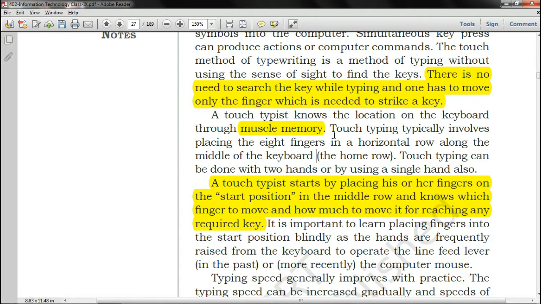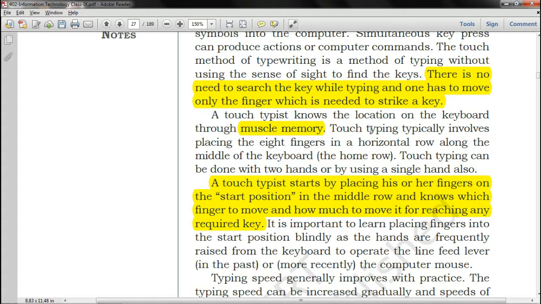And touch typing typically involves placing the 8 fingers in a horizontal row along the middle of the keyboard, the home row. The home row is basically the middle row: A, S, D, F, G, H, J, K, L, semicolon, then apostrophe, then enter. That is the home row, where we have to place our 8 fingers, 8 fingers only, but 2 thumbs are there. 2 thumbs are placed on the space bar to give the space.